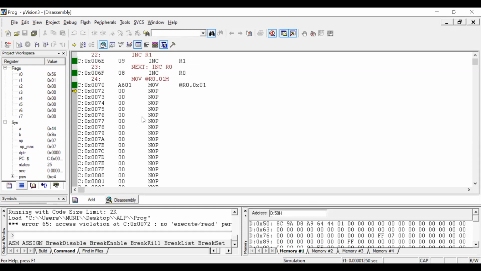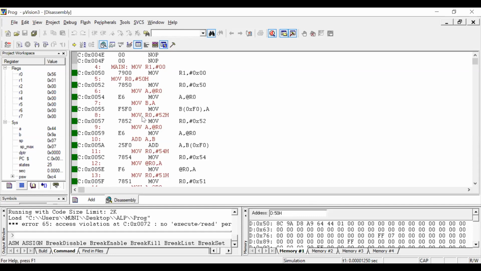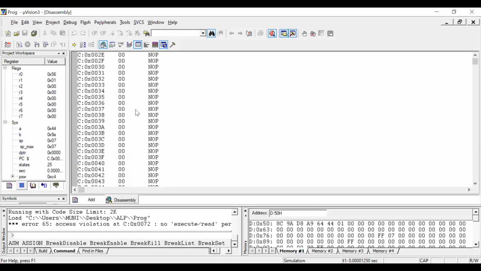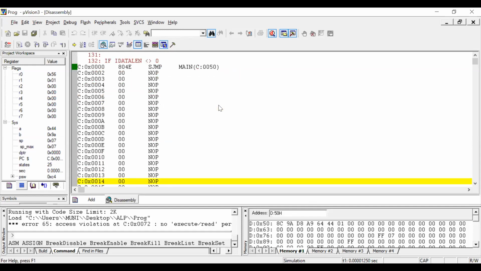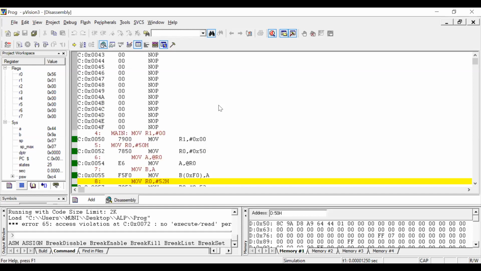If you observe here, the program starts at memory location 00H, then jumps to memory location 50H. Before that there is no instruction up to memory location 50H. After 50H we write this program.